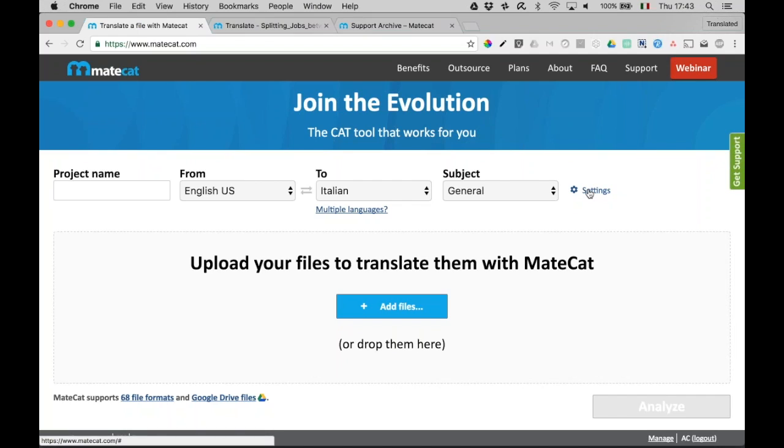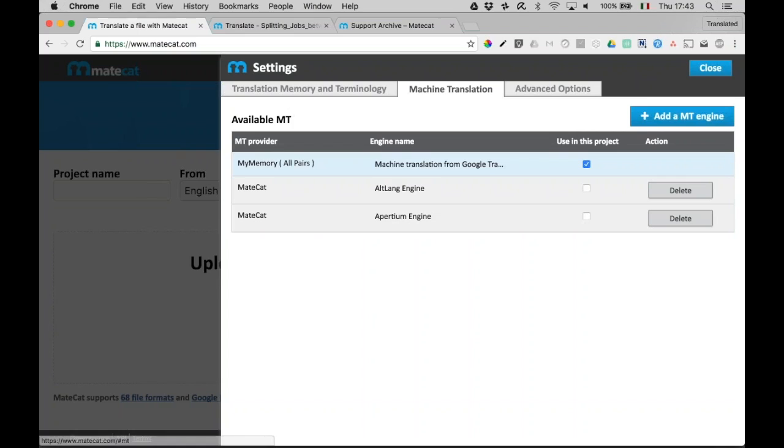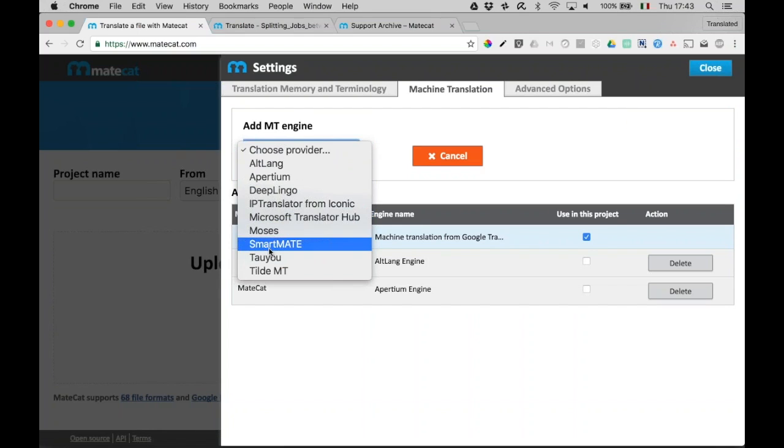However, if you want to add further engines, you can click on Settings here, then go to the Machine Translation tab and add an empty engine. Now, there's a list of a few providers here. We just added SmartMate, for instance, last week, and we continue adding empty providers as they ask us to do that. Some of them are paid services, I would say most of them, but for Altlang and Apertium, for instance,